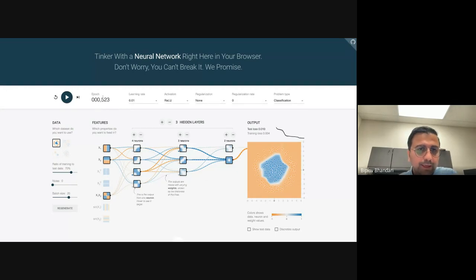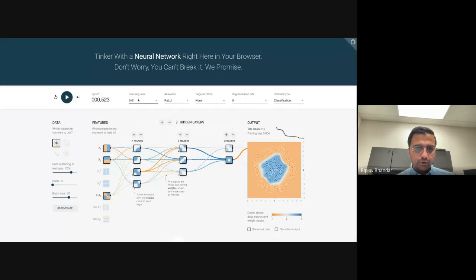And we saw that it ran up to 523 epochs. One epoch is when the network sees all the data, because remember, we are providing data in batches. We're not providing it all at once. So it takes several steps for the network to see all the data. So it has to train up to 523 epochs to correctly classify the problem that we have in hand.